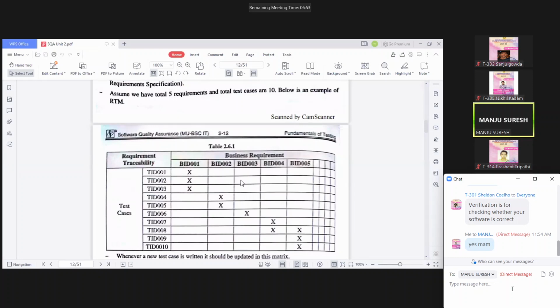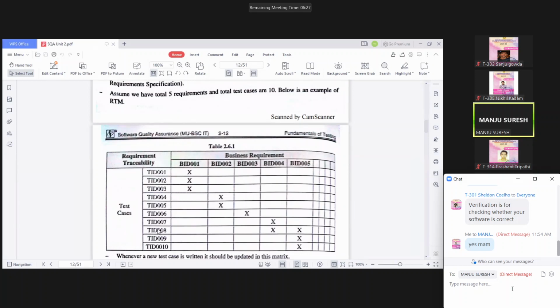For example, it might happen ki for the first requirement I may do 3 to 4 test cases. In the second requirement I might do 2 test cases. So we should always map, like my first test case is with respect to my first requirement, my second test case is again with respect to my first requirement. तो ये ऐसा मैपिंग होना जरूरी है.